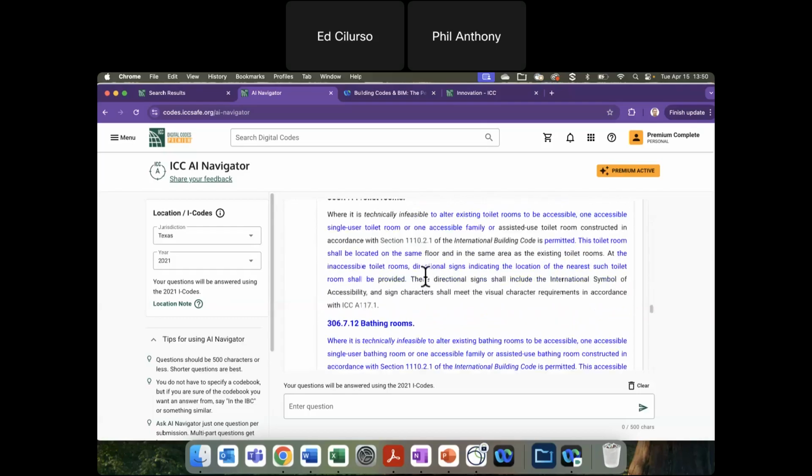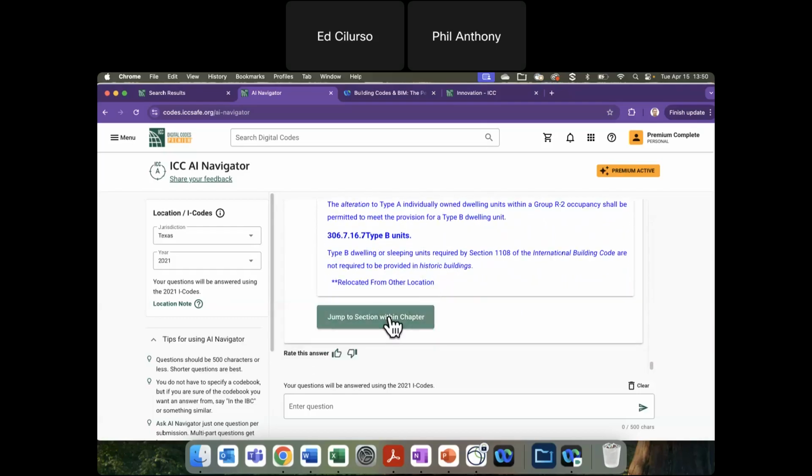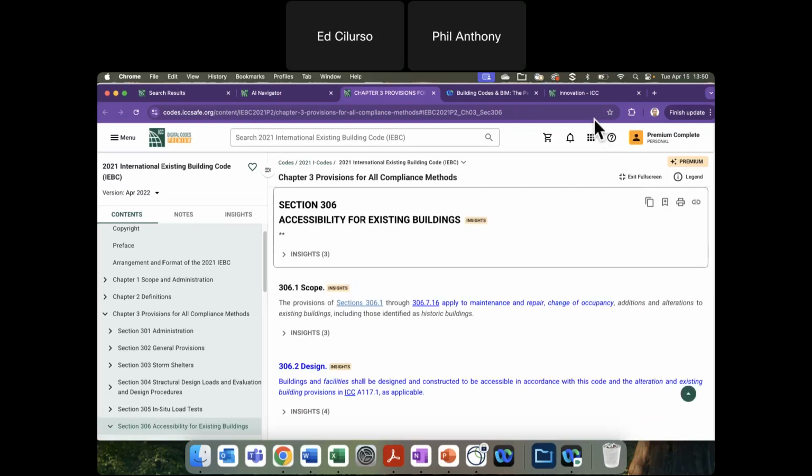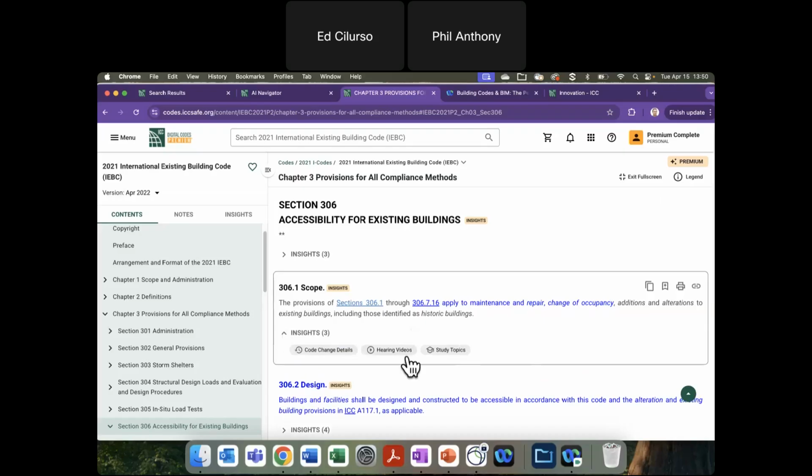This is a long section, and I can jump right to that section within the chapter. We're doing other webinars that will include this information, but as you can see, all the insights that may come with that reference code are there. Taking it back to the example, if you're on the phone with someone, because your department has a digital codes premium subscription, they have all these icons they can access while they're on the phone.